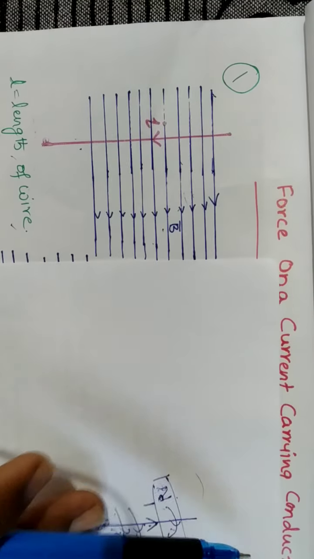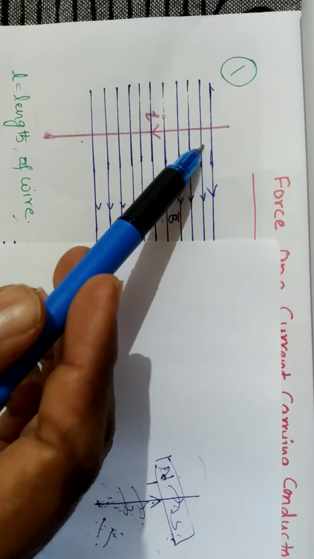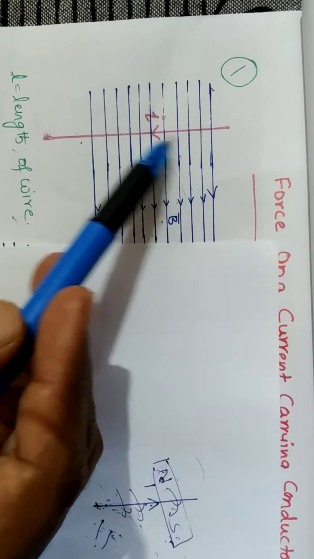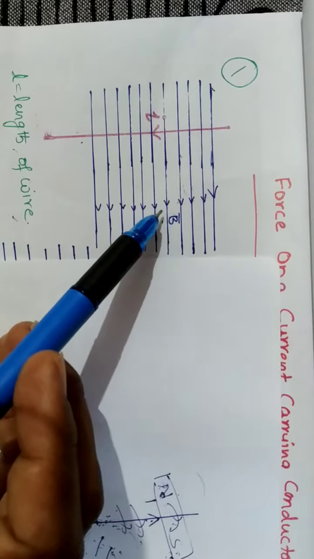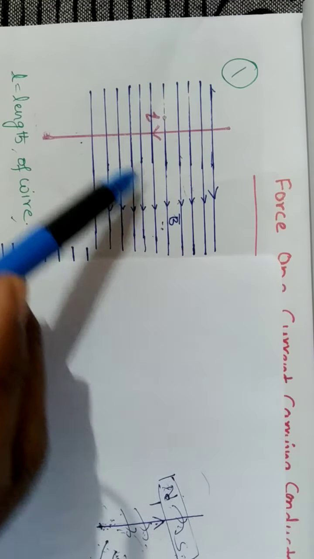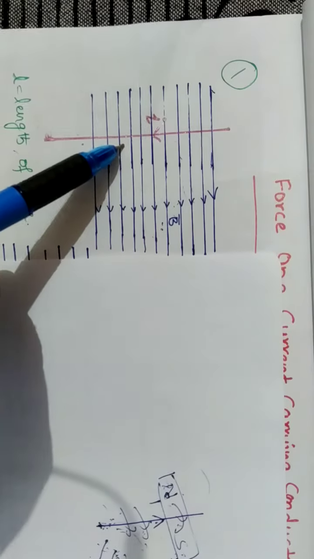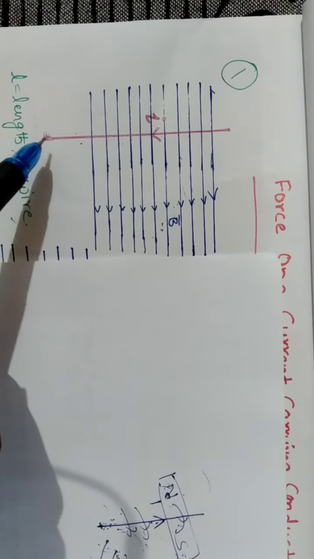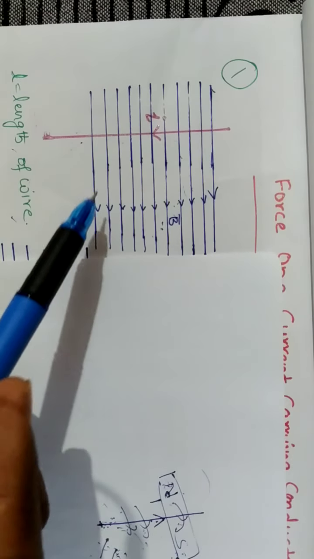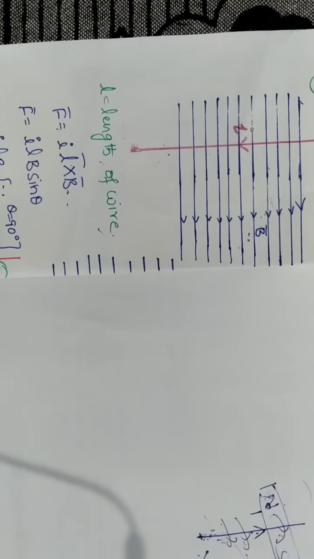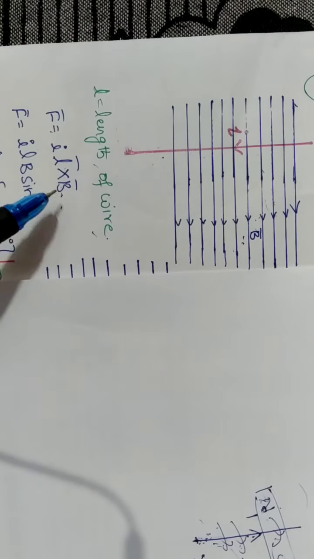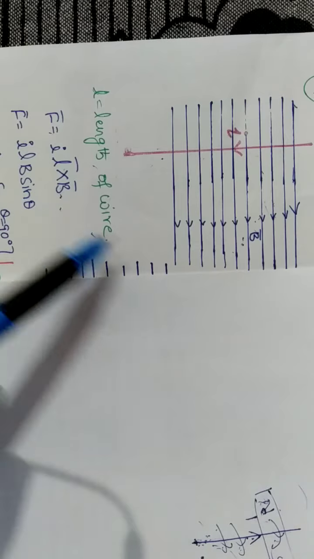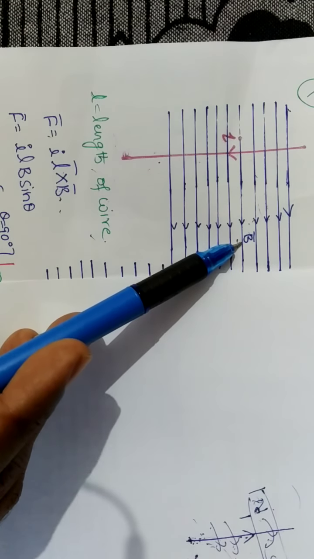In this case, this pink wire is a current carrying wire. It is carrying a current I in the downward direction. We have placed this current carrying wire in a magnetic field whose strength is B bar, and as we just discussed, these two interact with each other and because of that some force is applied on the wire. How much force is applied? That is given by the formula F equals I L bar cross B bar, where L represents the length of the wire and B bar represents the magnetic field strength at a particular point.